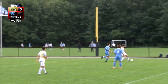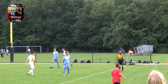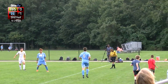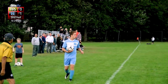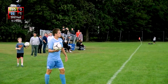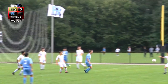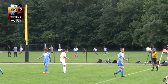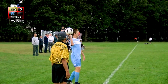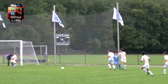As Hastings has the ball deep in the corner, kicked out of bounds. And it'll be Rhinebeck in control. So the inbound for the Panthers. This one kicked out of bounds by Hastings, so it'll be another inbound for the Panthers. As this one